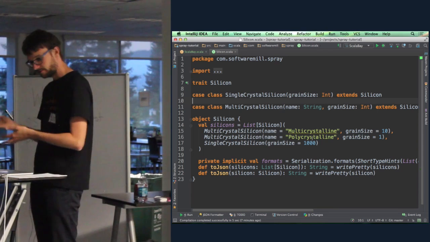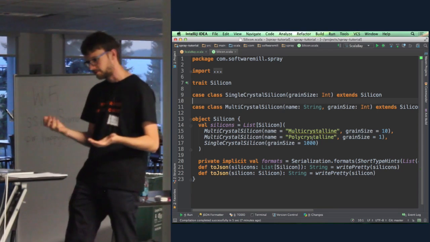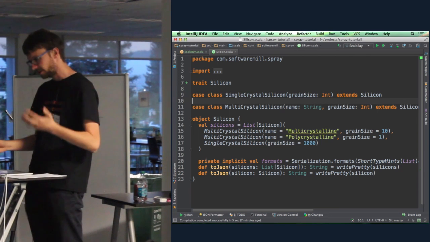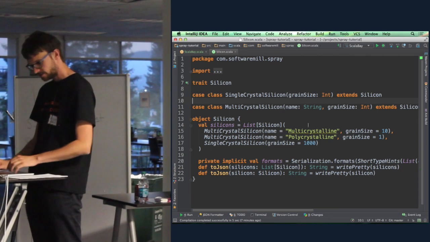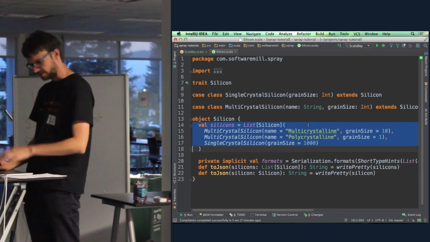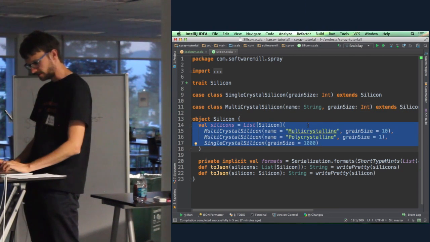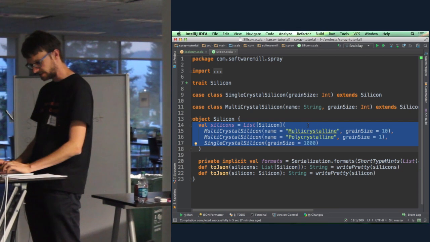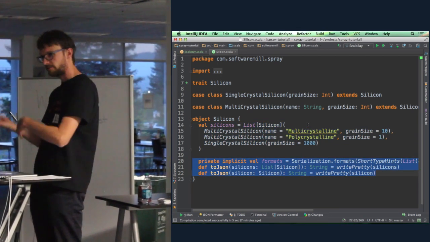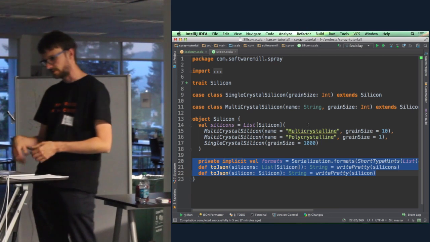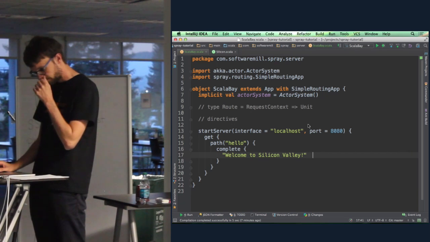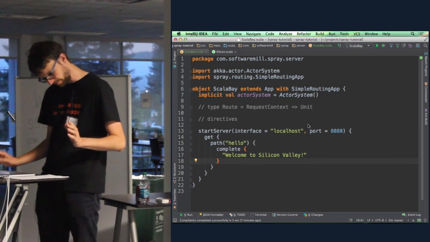If you go to Wikipedia, you can read that there's single crystal silicon and multi-crystal silicon, and they have various grain sizes. So there are two case classes implementing this interface, and there's just a bunch of different silicons as a list so that we can use it in our REST API. And finally, a way to convert it to JSON so that we can see results in a nice way. OK, so having that model,